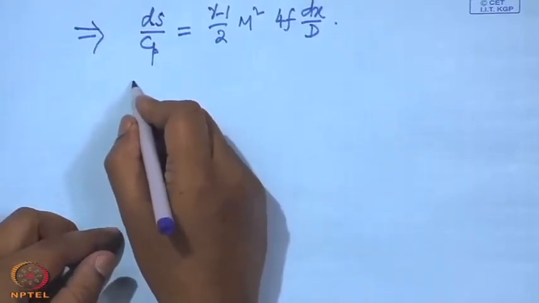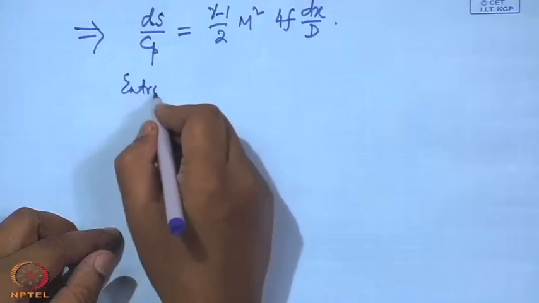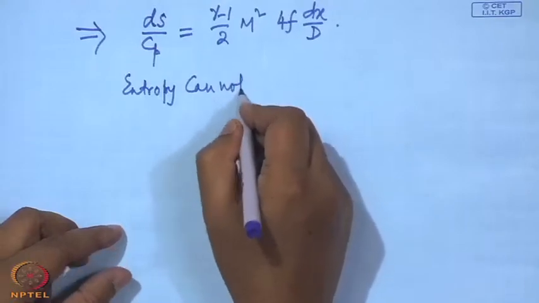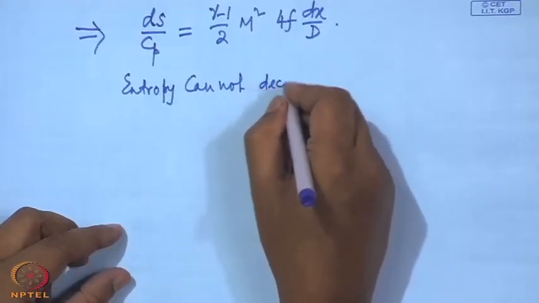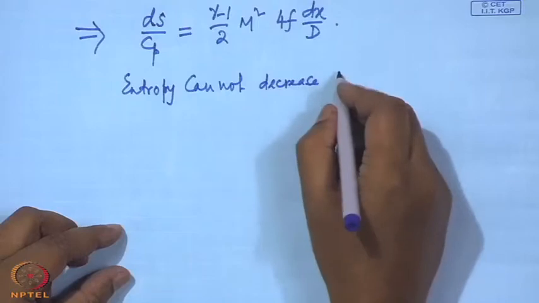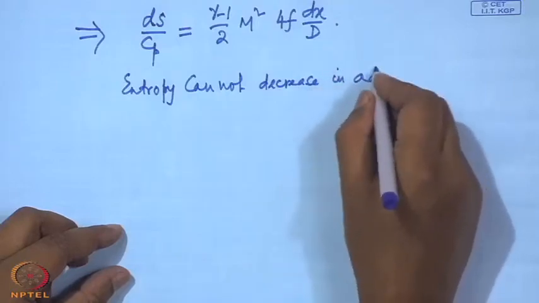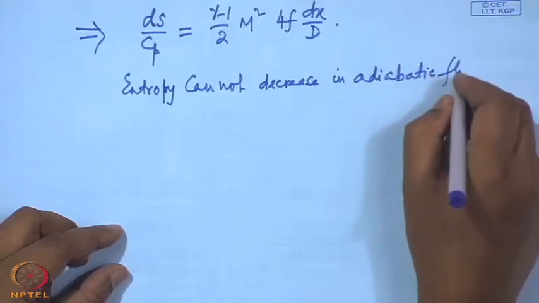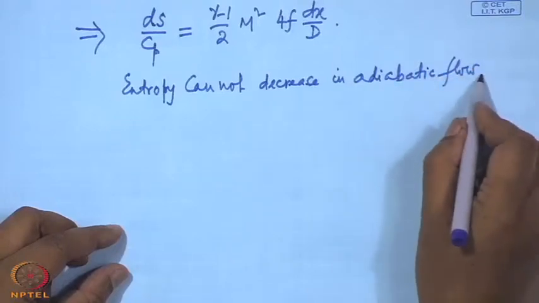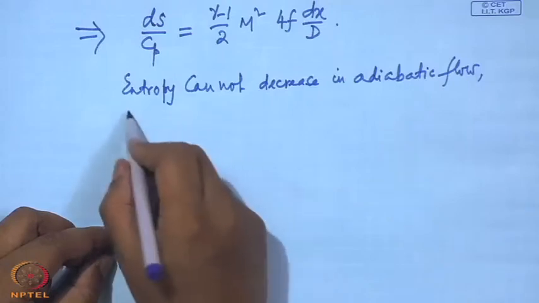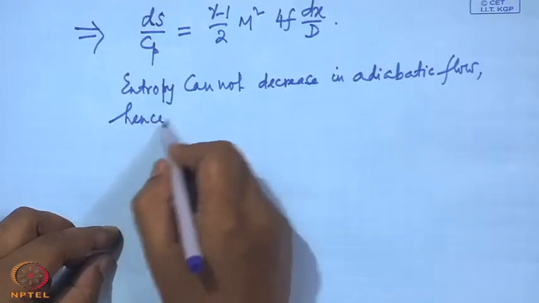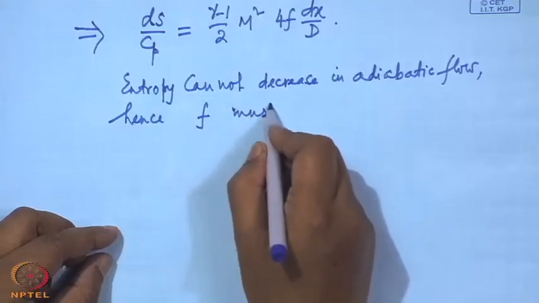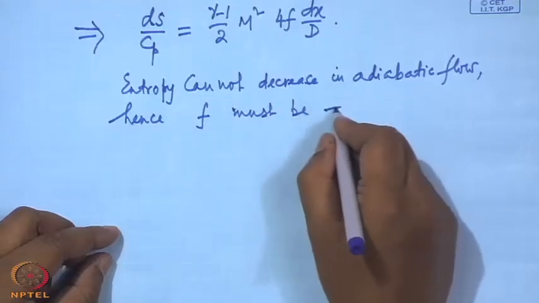So, entropy cannot decrease in adiabatic flow, hence F must be positive,